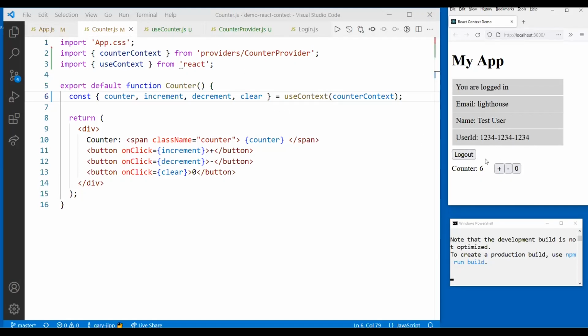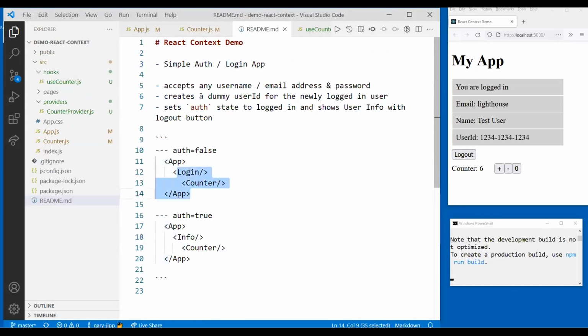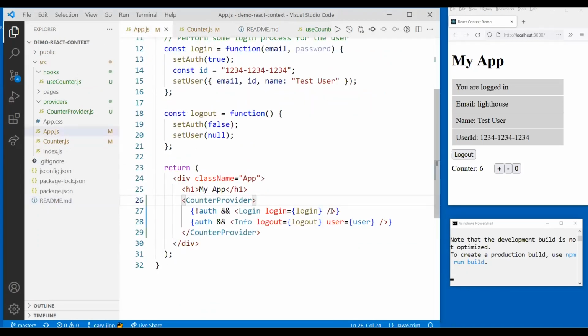So these 2 counters are now accessing the same state, even though, if you look at our code, they're not even in the same tree. There's our login, they're totally in a different tree. So login and info are at totally different branches of the same tree, but because they're all wrapped by counter provider, they have access to any state that counter provider provides. It really is magic. It just seems too good to be true. It works. In fact, it works for the children, grandchildren,